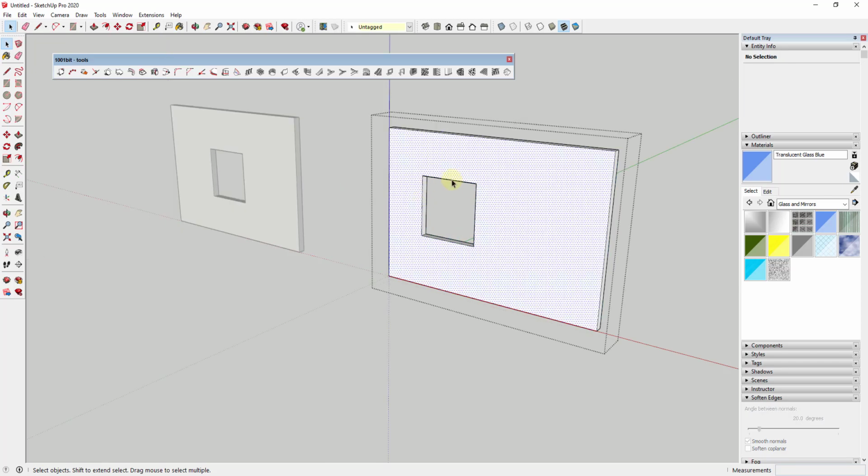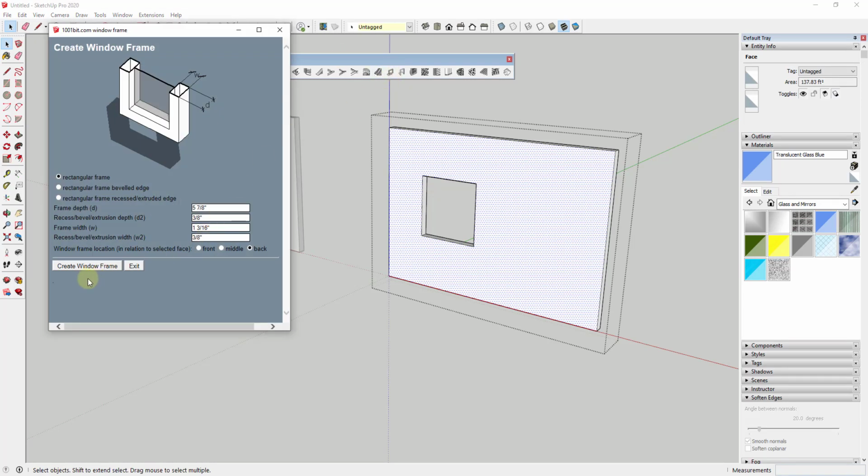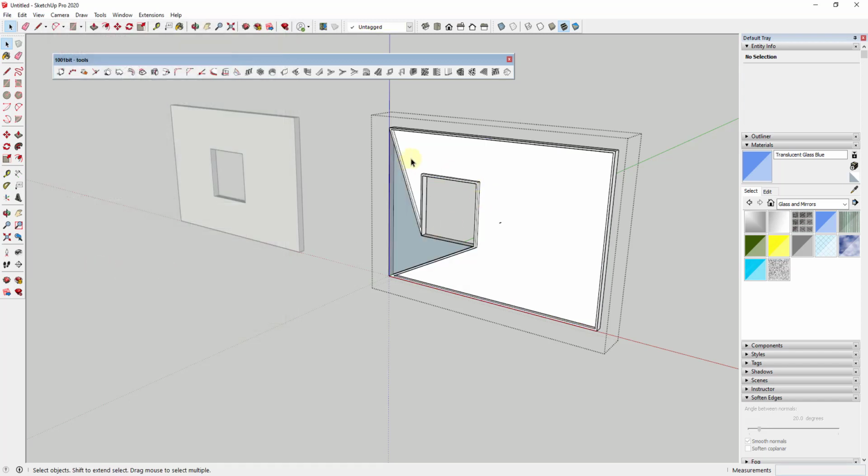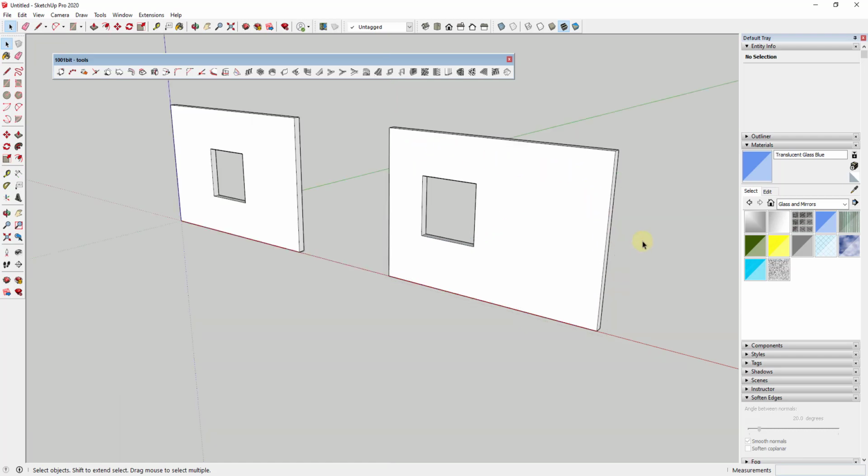So if you were to click on this and select the face and then try to run this, and notice how you can set a number of different things having to do with your window frame, what this is going to do is take your whole face right here and try to make it into a window frame. Well, that's not what we want this to do, right? We don't want our wall to be a window frame. And so instead, what you would do, I'm going to undo this, is you want to draw a completely new